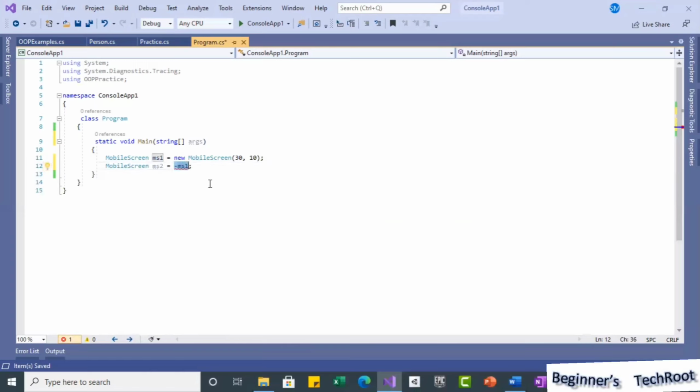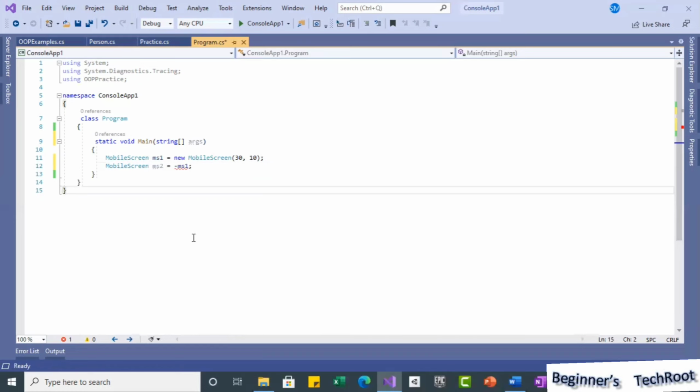I assigned 30, 10, so the values will be length 30 and width 10. Minus ms1 means, usually, minus 1 is a value representation, the plus or minus, that is the unary. It is nothing but multiplying with minus 1.